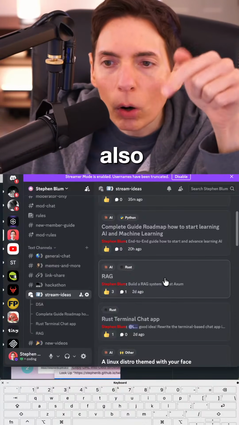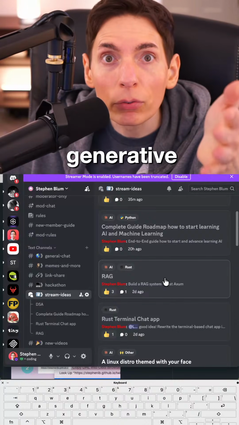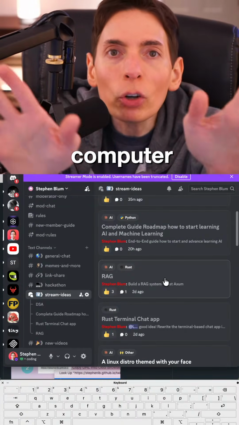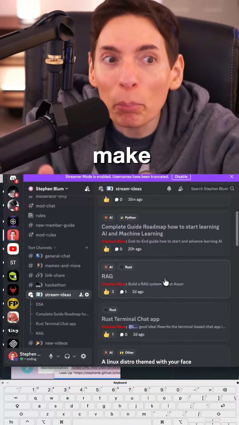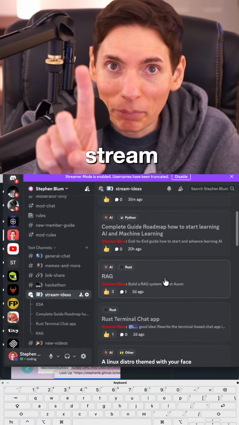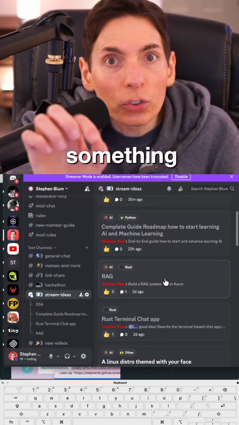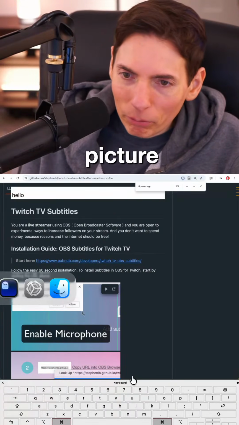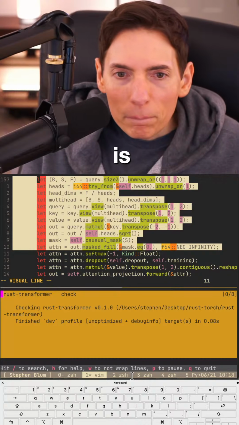And then I also want to build a generative imaging. I want to do generative vision. What do you call that? Computer output make pretty picture. That's what I wanted. Computer output make pretty picture. That's what I want to do next. We've done that once on stream, and it was with my own algorithm. I want to do maybe something more state of the art. So I want to do that next. Computer make pretty picture. What is that called? Generative images? Is that what that is?